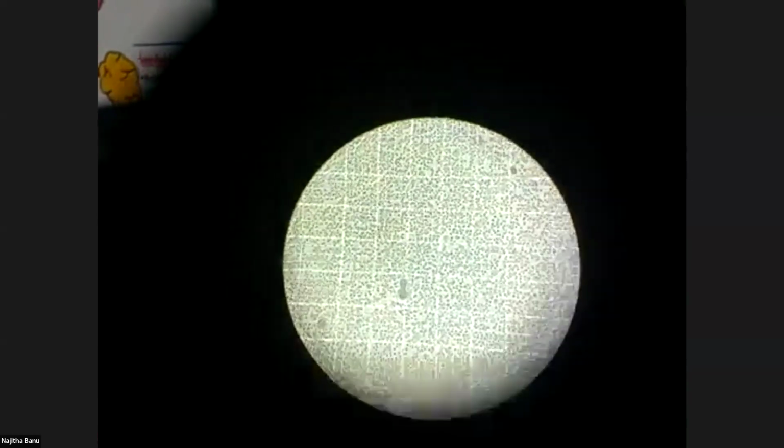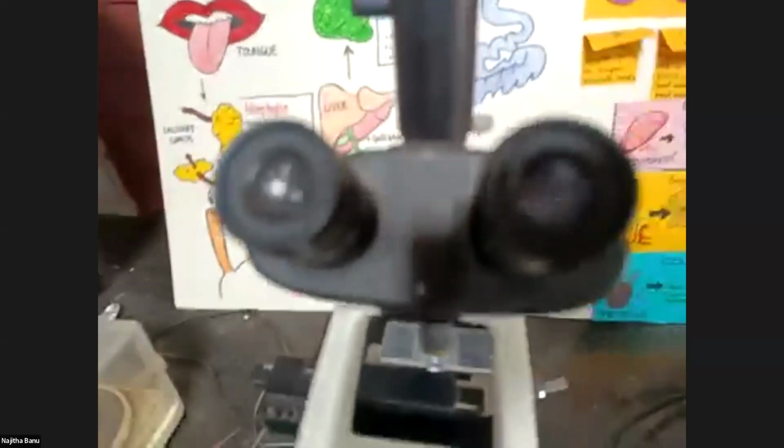Okay. So now what you're going to do, you have to count all the cells. Yes, you're hearing properly. You have to count the cells, because it is a time-taking process. You have to count not only this single square which you're observing in the microscope under my camera. Actually, you have to count more than 4 squares. You have to count all the cells. Then you have an equation to calculate exactly how many cells are present in your blood. Okay, I think it is clearly visible.